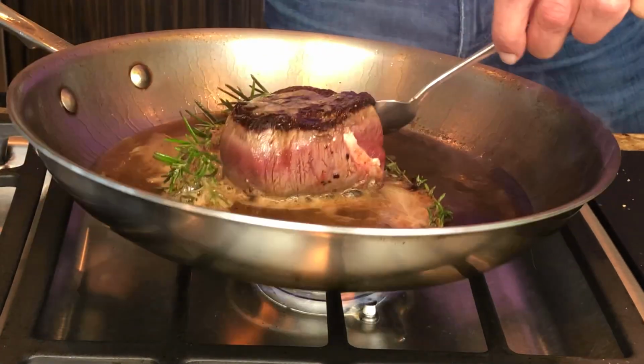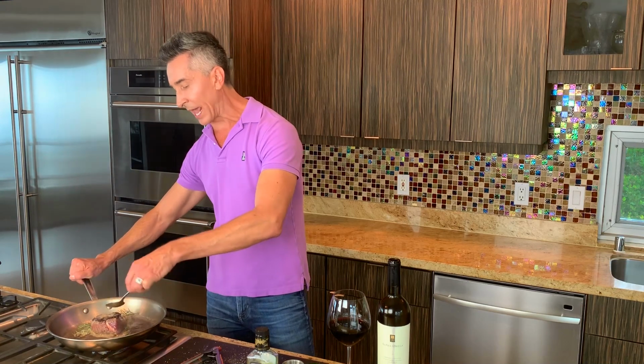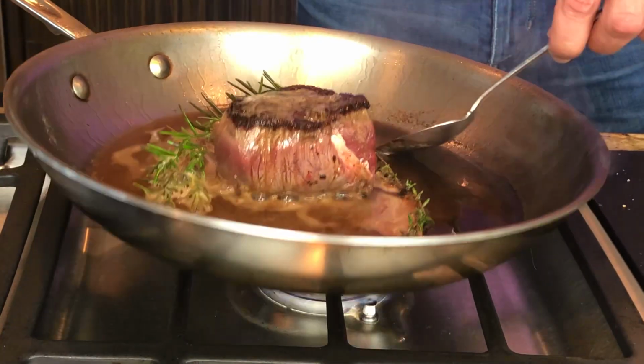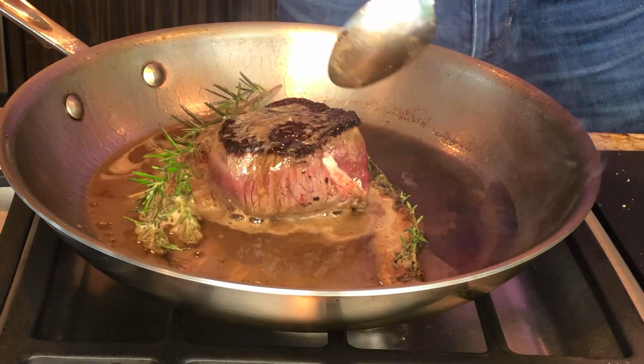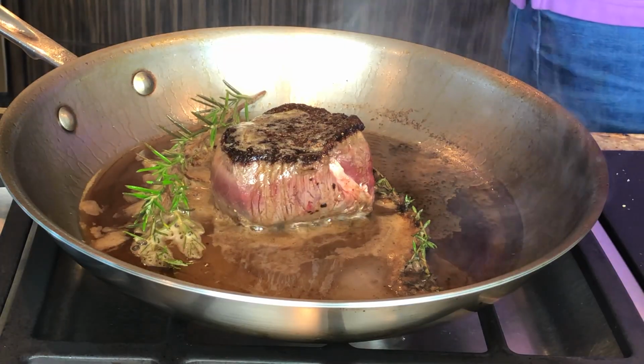And I have a very important tip. The oven was on and set at 400 degrees, right? So the oven is set at 400 degrees. And that is done in advance because we are putting this directly into the oven approximately for about 5 minutes. You'll need an instant read thermometer. You want to bring it out at about